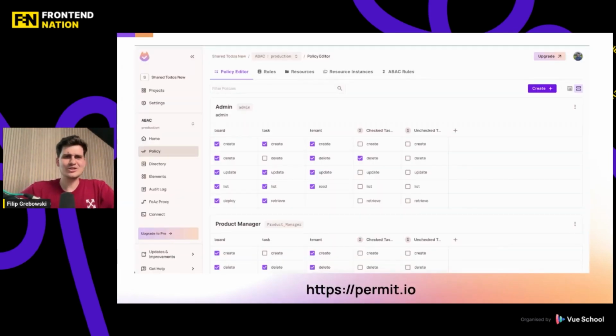Now, previously, I showed you Permit. Permit, like I said, is a no-code authorization as a service. What they allow you to do, as you can see from the screenshot, is manage those policies as basically a table. You're able to create the roles. You're able to create the different resources that you're going to manage, the specific actions that you're going to be performing on those resources. And then you can assign these roles to the specific users